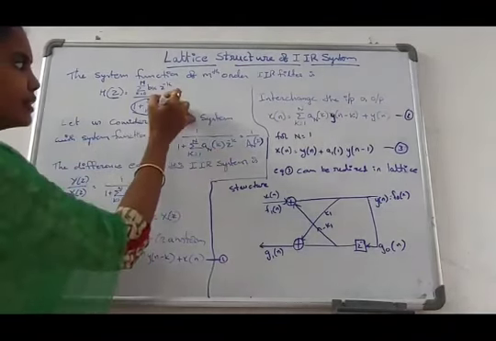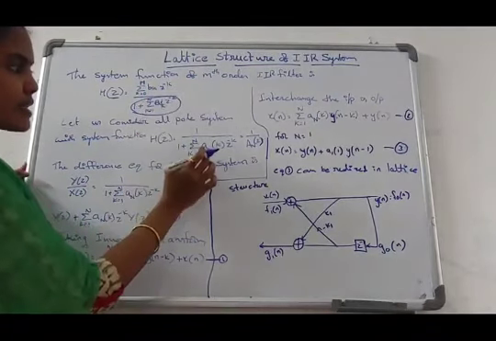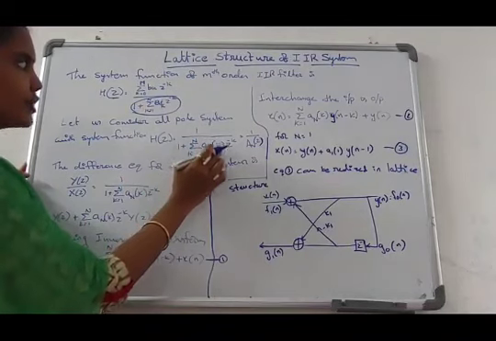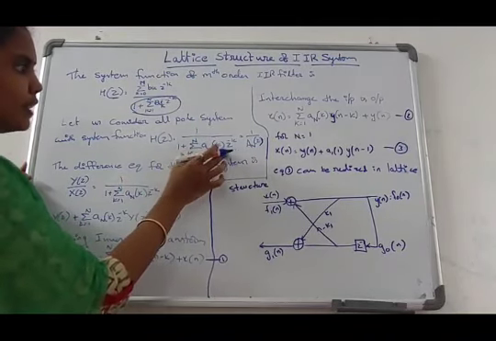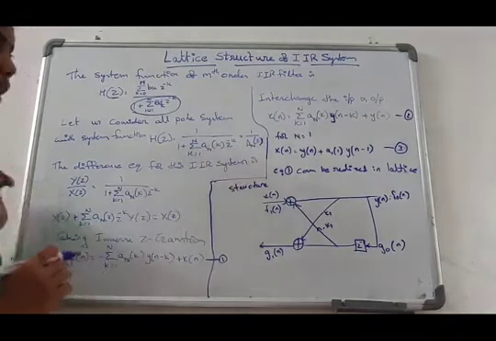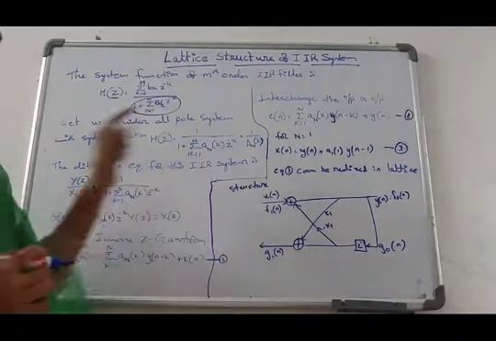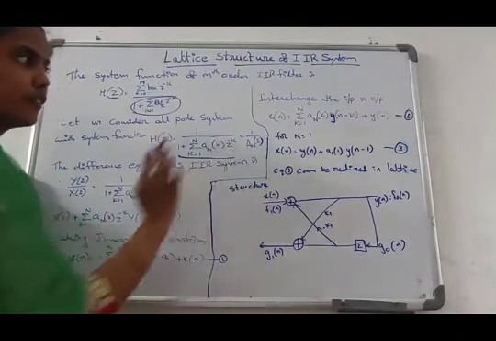this part, which is a_k. So you can write it as A_N(z), the summation of a_N(k) into z power minus k. So this can be written as 1 by A_N(z). For simplification purposes, this term you have to write as A_N(z).